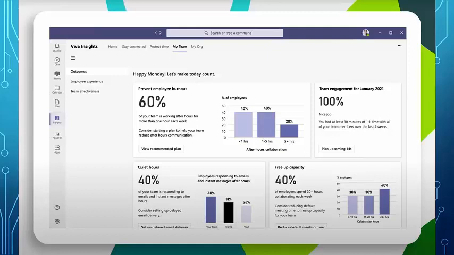I think about my wife, for example, who has to transition in 1 minute from being a corporate executive to being a gourmet chef, making meals for the children, for example. So that transition can be very stressful, and part of what Viva Insights does is help with the well-being in terms of introducing things like mindfulness and mindful meditation tools, for example, through third parties like Glint and whatnot,